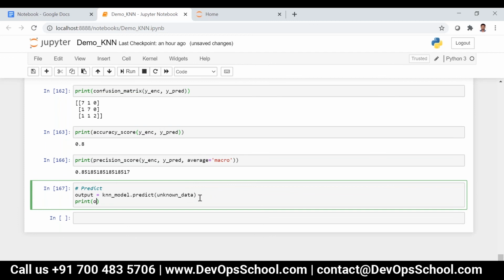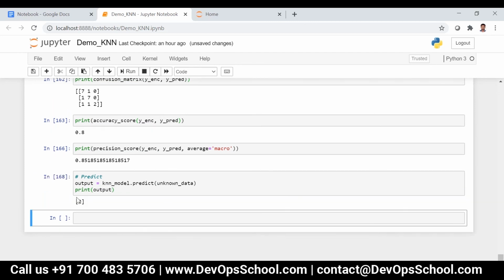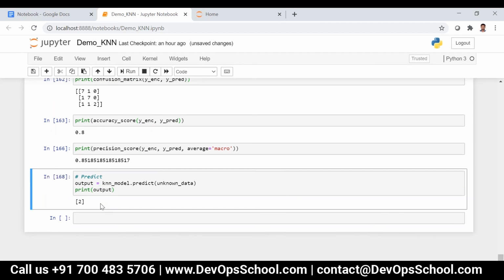Now if I print the output, you can see it is 2. But I want to know the class of this. So I take output of 0 and write all_labels of output of 0.